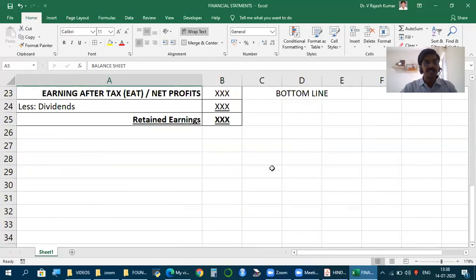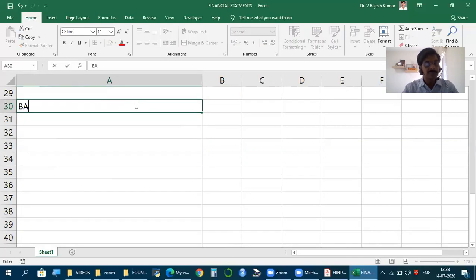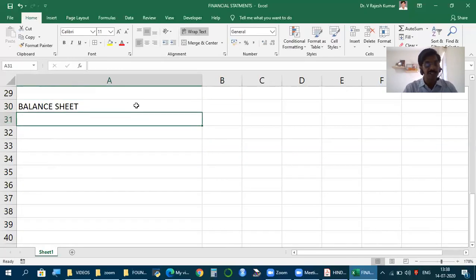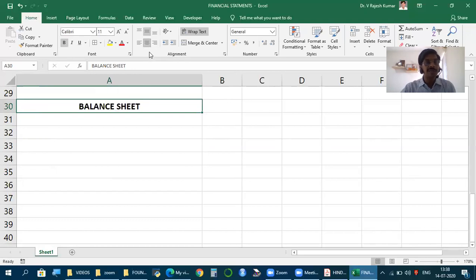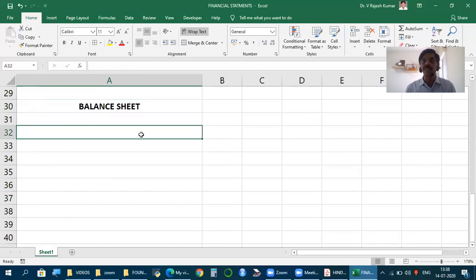The next is the balance sheet. Second financial statement, balance sheet. The balance sheet is a statement which shows details of two items called liabilities and assets. Now, what are liabilities? Sources from which the business is getting funds. We call that liabilities. And what is done with those funds? How have those funds been applied? We call them assets. So liabilities and assets is what we find in the balance sheet. It's a statement which shows details of liabilities and assets.